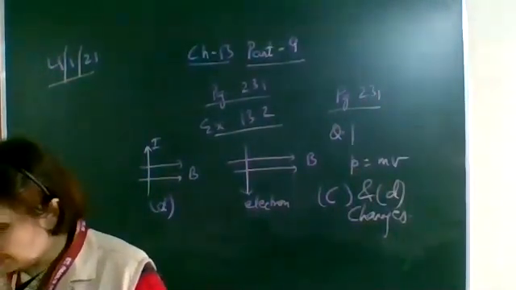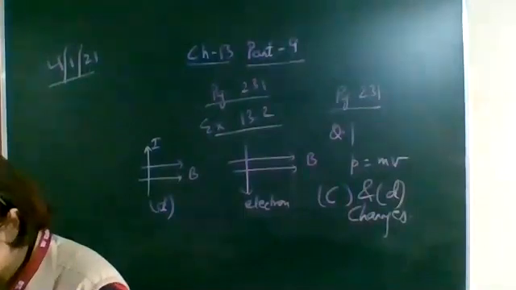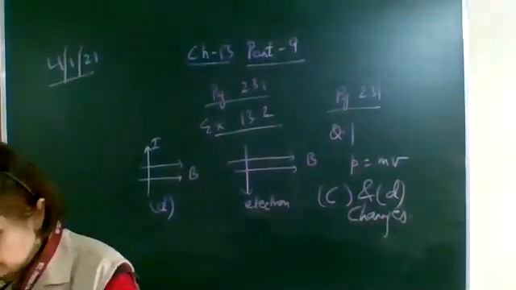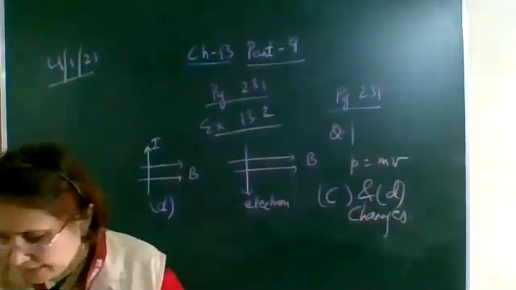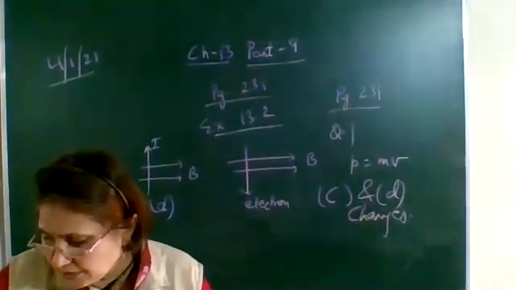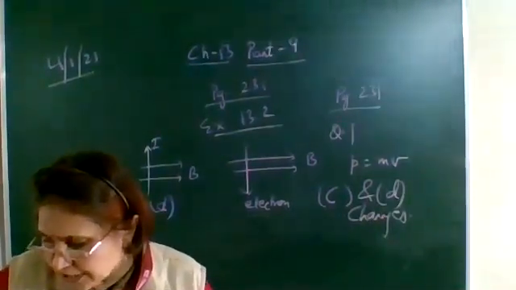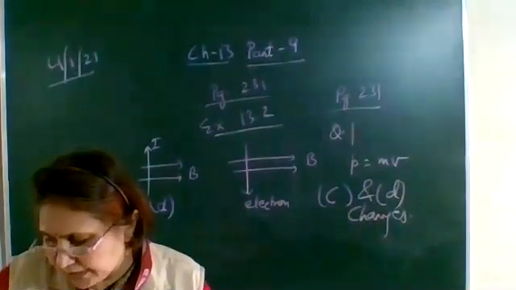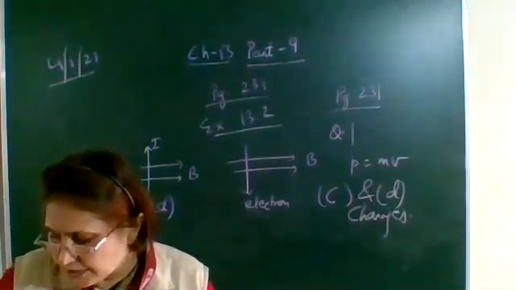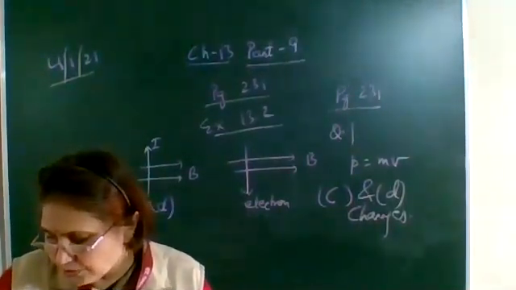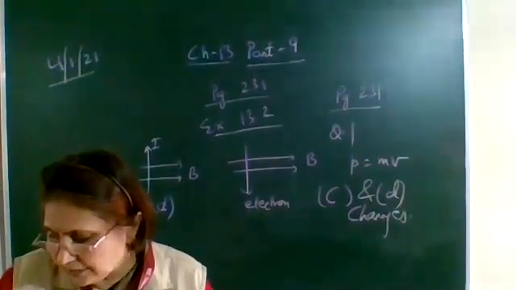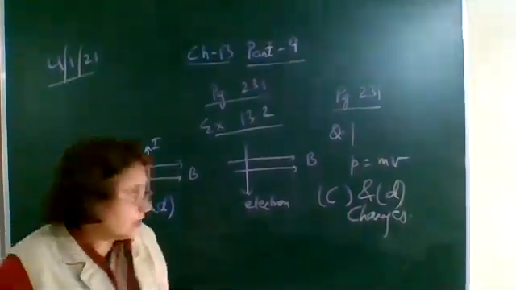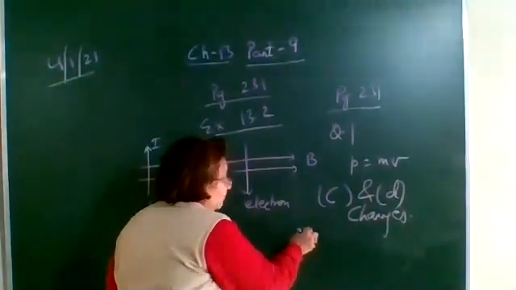Now the next question given on the next page is in activity 13.7. How do you think the displacement of the rod AB will be affected when the current in the rod is increased, a stronger horseshoe magnet is used, and the length of the rod AB is increased? Okay, so question number 2.